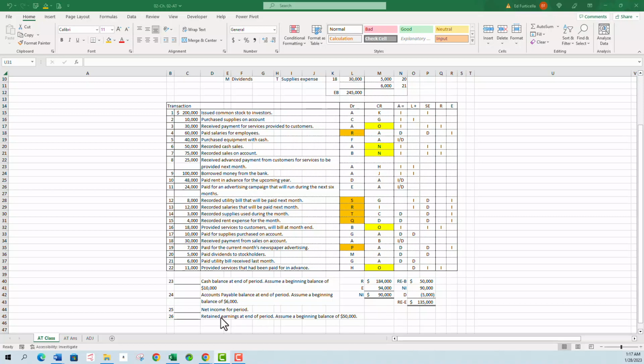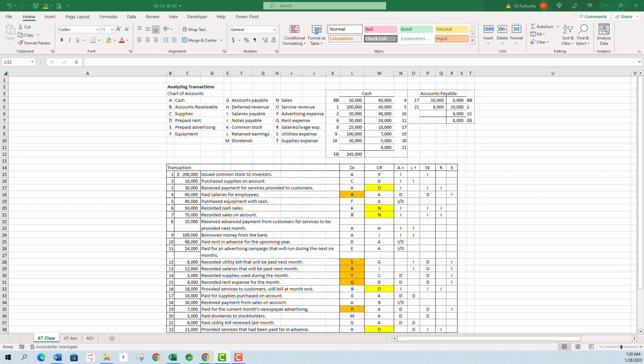The last question asks you to determine the ending balance in retained earnings. They give you a beginning balance in retained earnings of $50,000. So to get the ending balance, you take the beginning balance, add the net income, and subtract the dividends. In this problem, the beginning balance is $50,000, the net income we just calculated at $90,000, and we know that the dividend was from transaction 20 of $5,000. So 50 plus 90 minus 5 is $135,000. The ending balance in retained earnings is